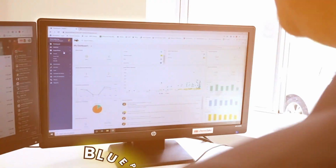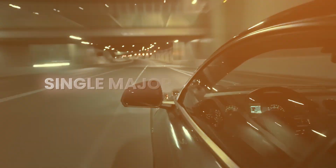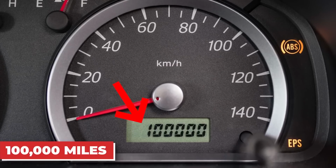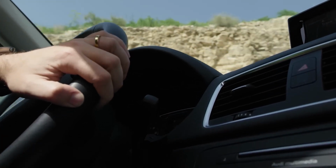What if I told you there's a blueprint used by fleet managers and professional drivers to push cars past 300,000 miles without a single major breakdown? Most cars die before they hit 100,000 miles, not because they're old, but because of what their owners do wrong